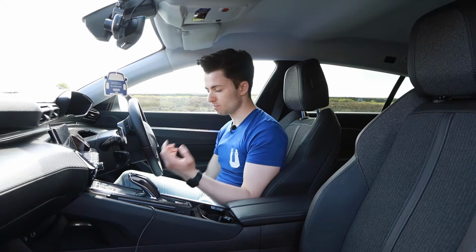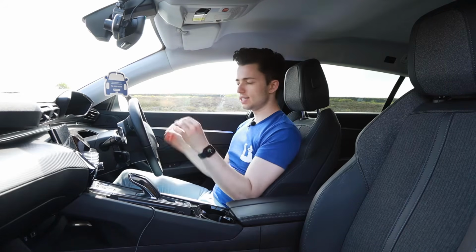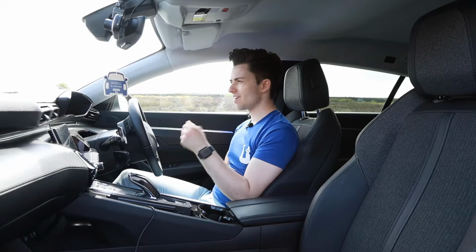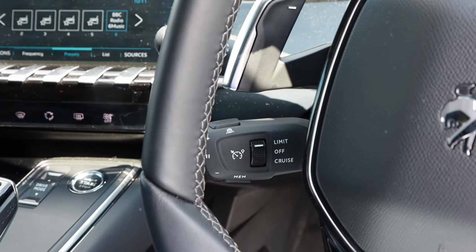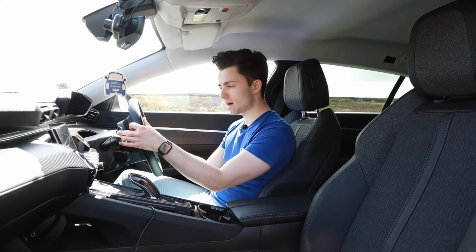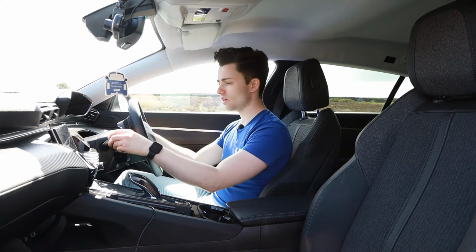The seat has a lot of adjustability in it. You can move it quite a long way forwards and backwards. You can really get yourself very comfortable. The steering wheel's a nice size and shape. It's quite compact, but that kind of adds to the slightly sporty driving experience you get here. You've got cruise controls on a separate paddle below the steering wheel. You've got shift paddles here because this is the plug-in hybrid with an 8-speed automatic gearbox, and the switchgear all